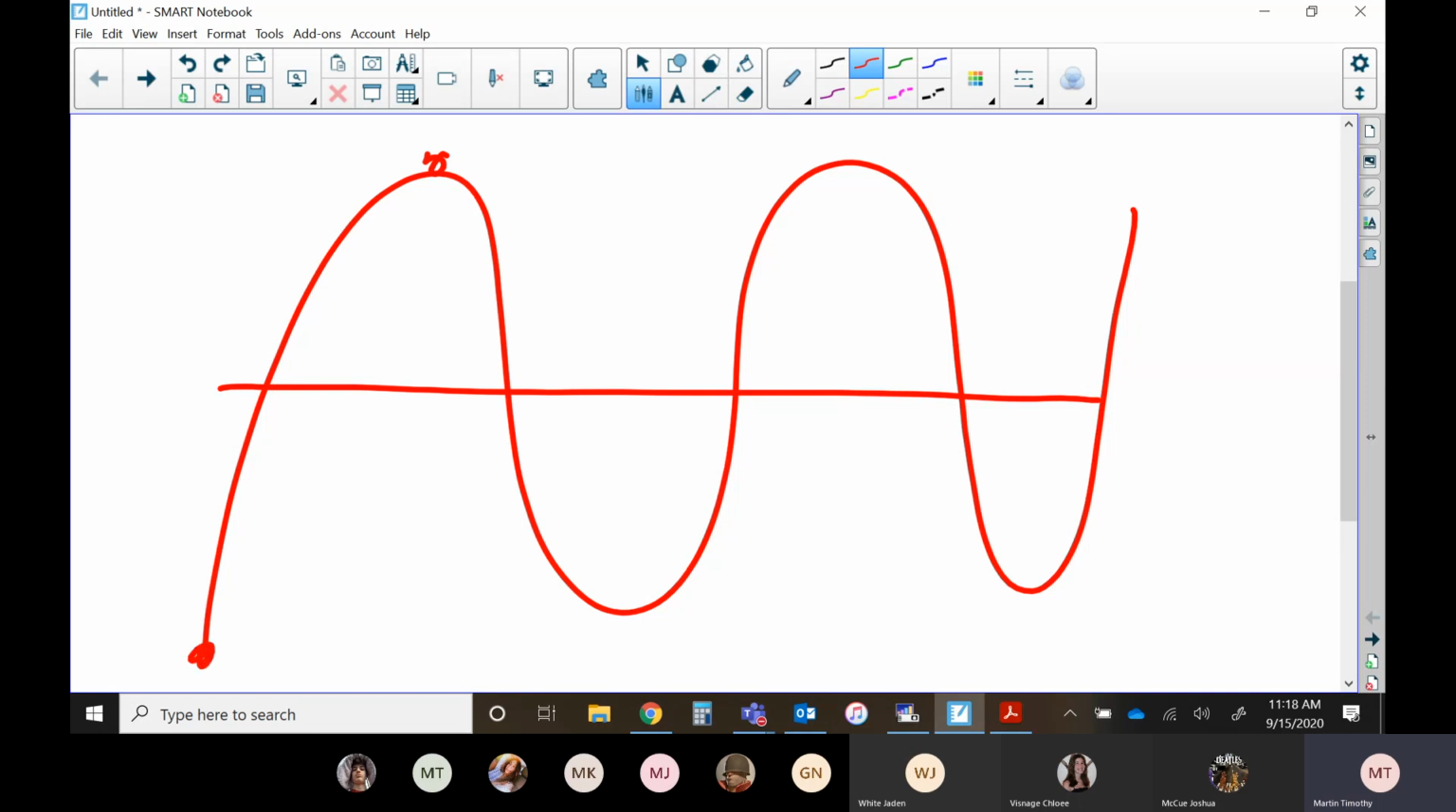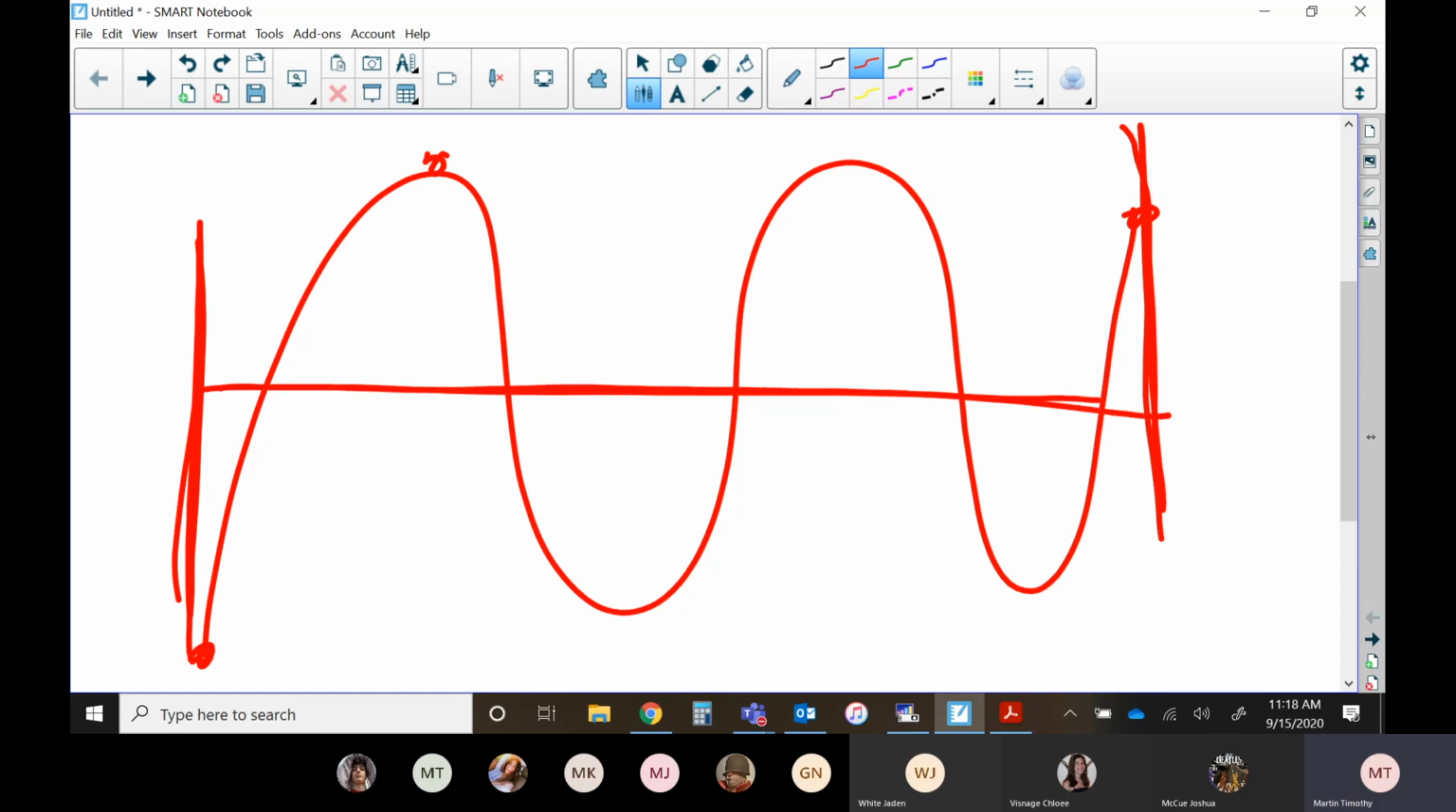So I really care about this point because that's how far it goes left. And I really care about this point because that's how far it goes to the right. So my domain would be whatever those numbers are in between here. So let's say this is negative 10, and let's say this is 10. I would say my domain would be numbers between negative 10 and 10, because the domain only worries about the